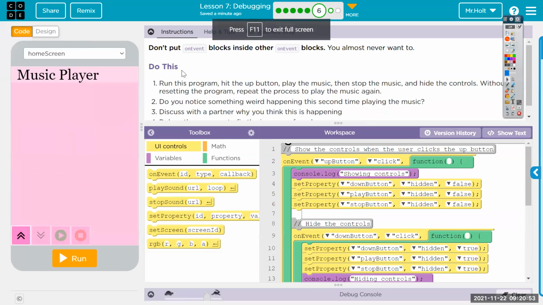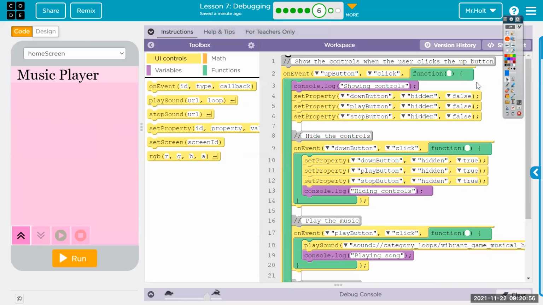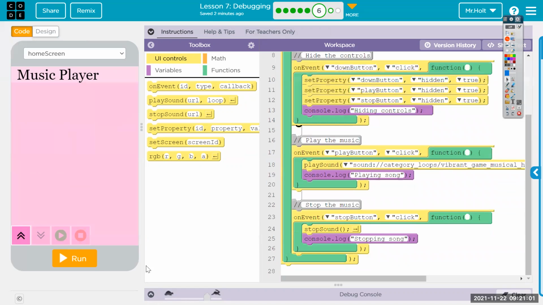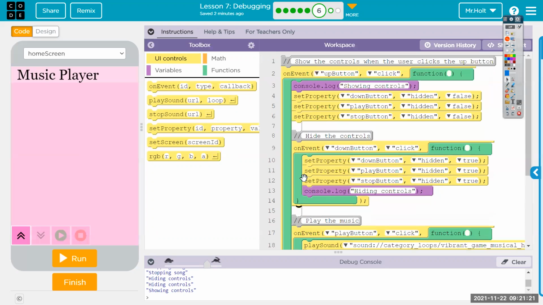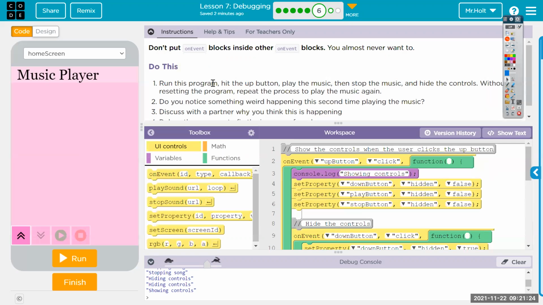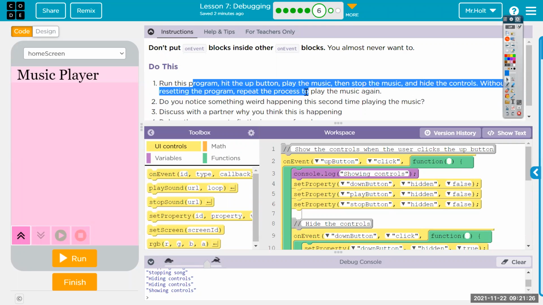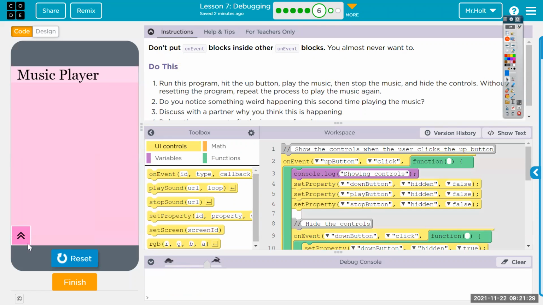The way it gives it to us is with one event handler and then event handlers inside. Now, if you run this the first time, it does kind of work, sort of. But there's a point where it breaks. I can't remember where it breaks. Hit the up, play music without resetting the program. Oh, okay. So if we hit up,